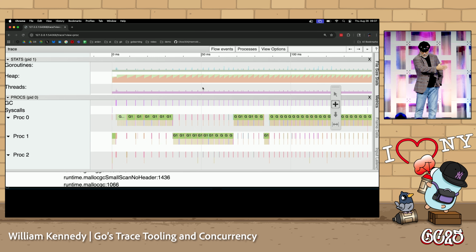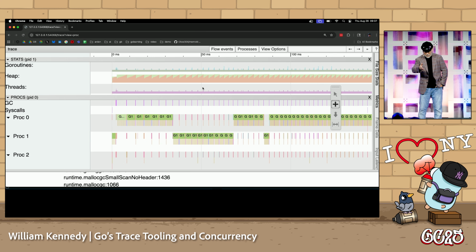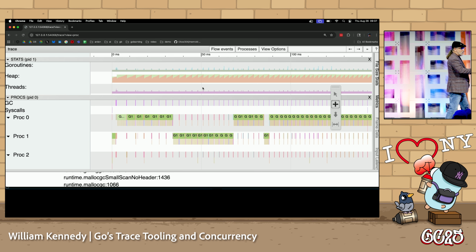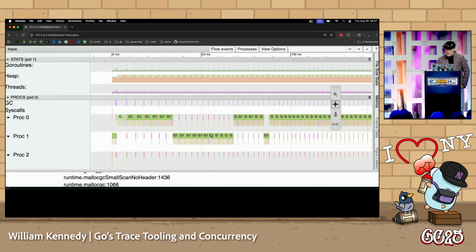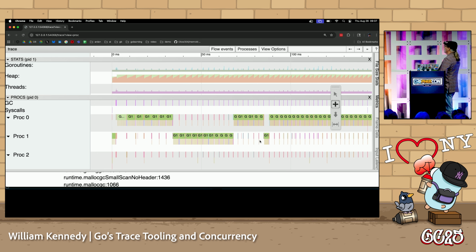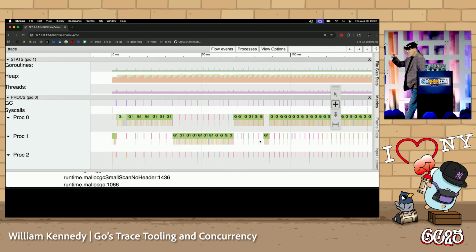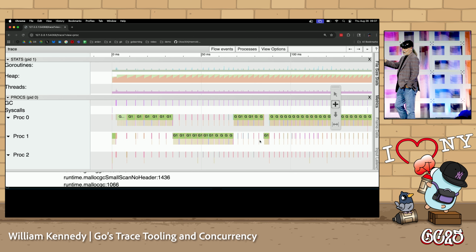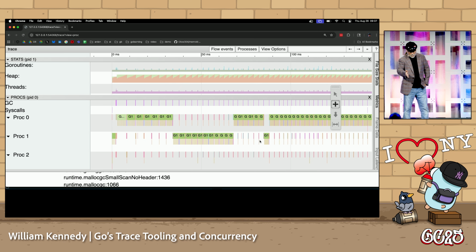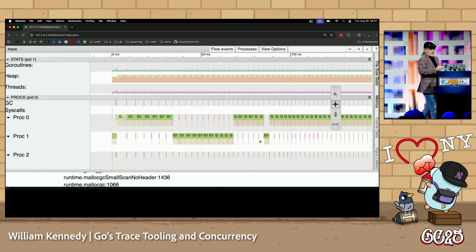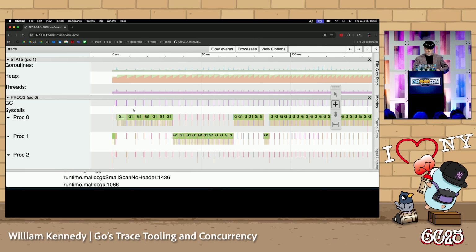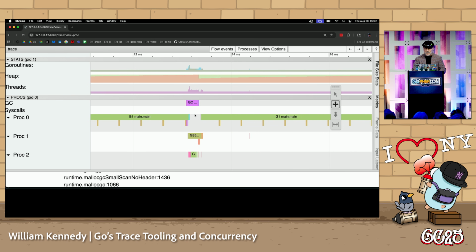Look at the green lines, the G1. There's only 1 goroutine, number 1. And even though during garbage collections, every time you see one of these lines here, we've got a garbage collection, we might be bouncing across different Ps, it's still at the end of the day single-threaded. The only thing that's using more CPU is the garbage collector. In fact, if we were to expand this particular garbage collection here,